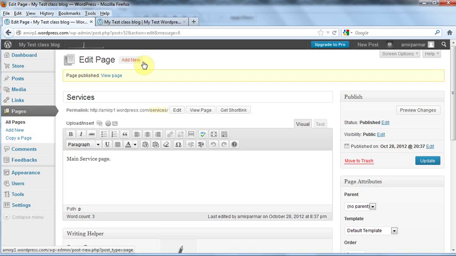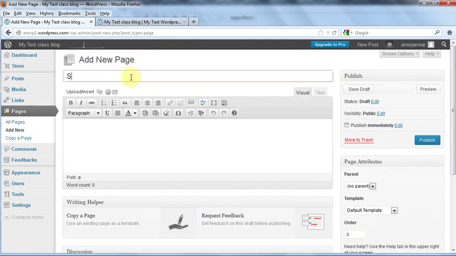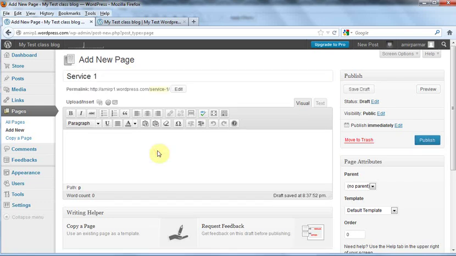Now say within services you had 3 to 4 different services, and you wanted them to have a separate page. So I can click add new, and I can say, or whatever the services are, I'll just make a better name, service 1, add your things. Now I can just go to the parent option here in the page attributes and say, you know what, services is the father, this is the child page. And they have this option